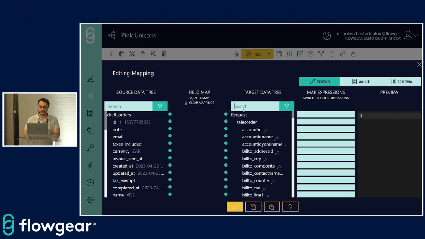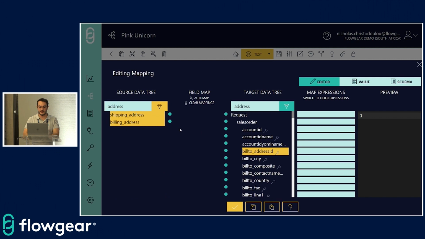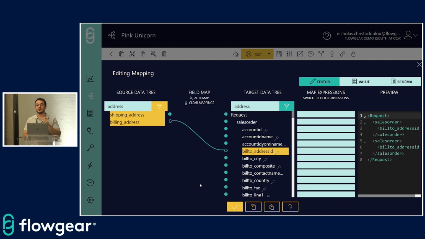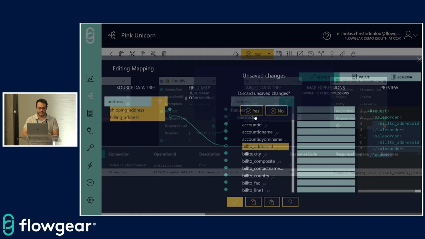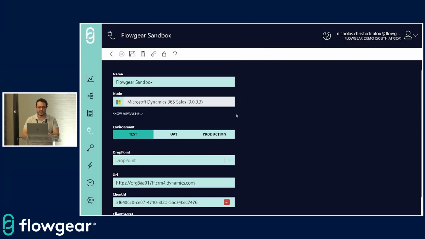You can, for instance, search for an address field on both sides if you'd like to. You can collapse that, and you can move across that data from point to point, and immediately you'll see a preview of what that data looks like in the expected format that Sales 365 wants it. So you can see that right here. I see these particular examples don't even have billing addresses, but that's fine. We'll fix up the full mapping just now. So again, the primary purpose of this tool is to give you a very simple mechanism by which you can do this particular effort. So what I'm going to do now is swap to a different